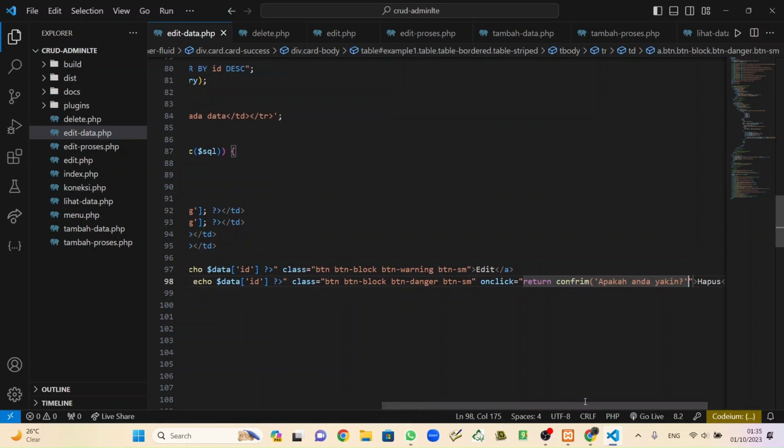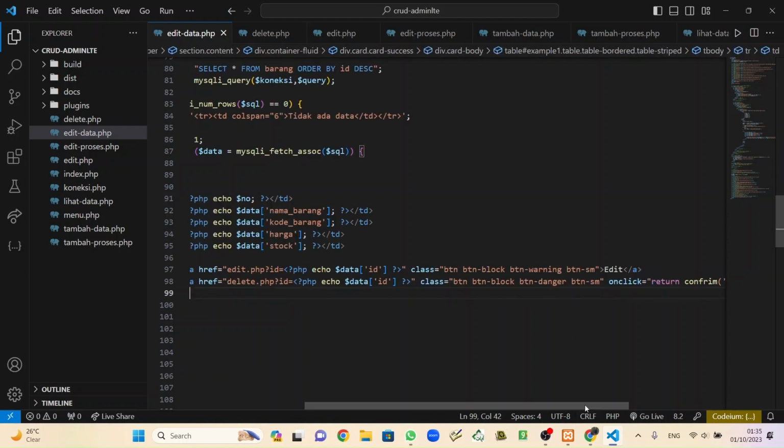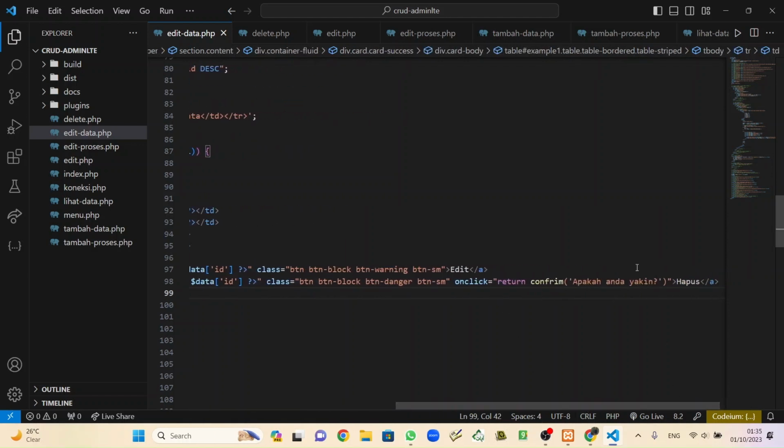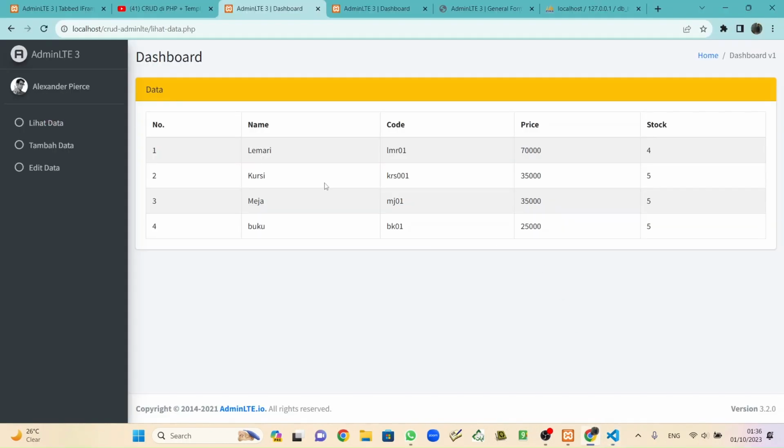So we forgot to put the last thing here. That's so dumb. Okay, return confirm, apakah anda yakin, and then okay, save.